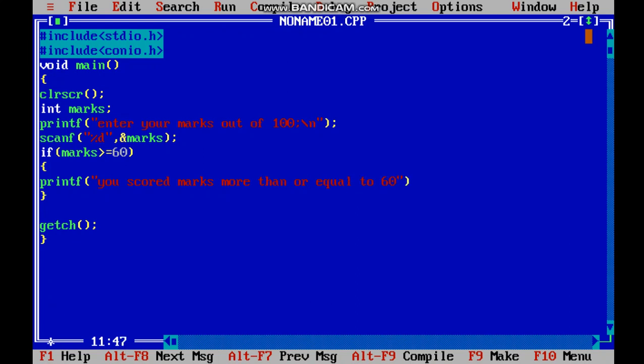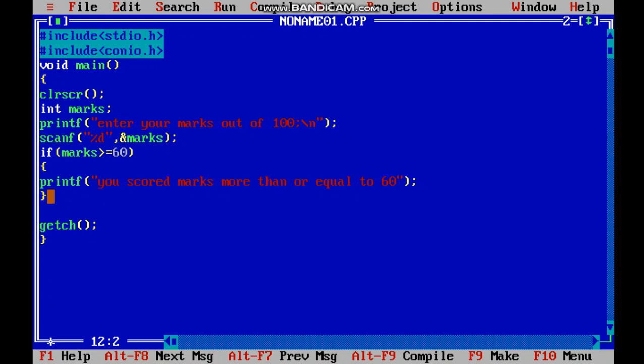See guys, we cannot underestimate the greater than or equal to sign, because in coding, we always have to see small things, so always make note of it. Okay, now the first condition holds that if the marks is greater than or equal to 60, we will get this result on the screen: you scored marks more than or equal to 60.